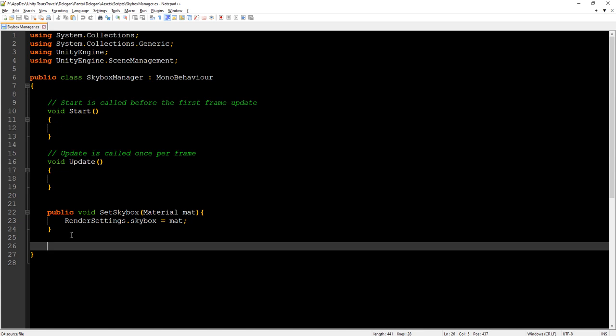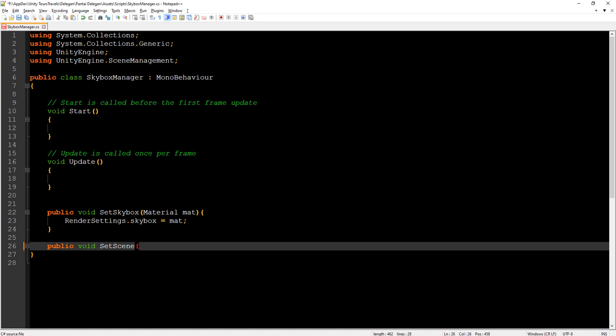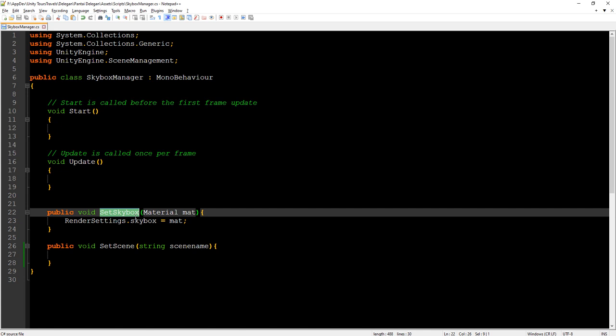I need to create another function, public void SetScene, string sceneName. We will call this function instead of the SetSkybox function for this method.